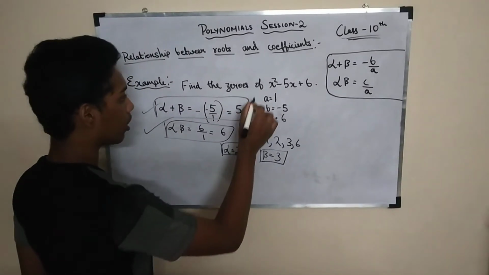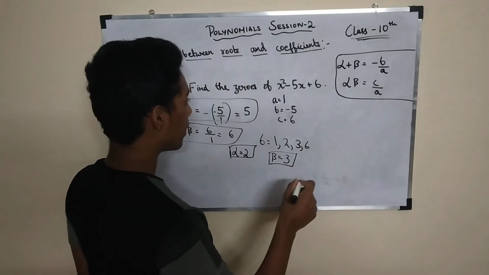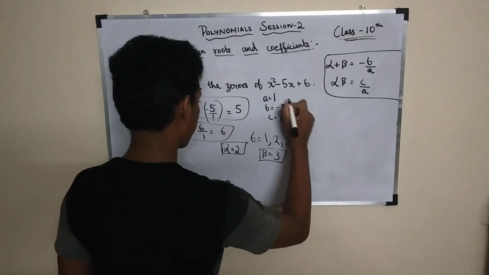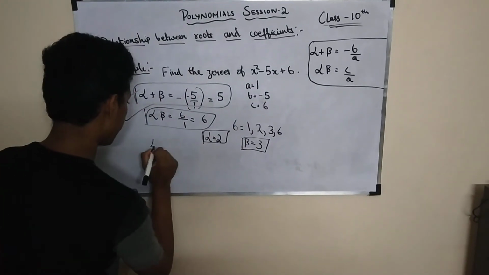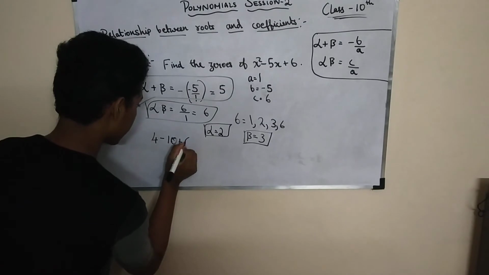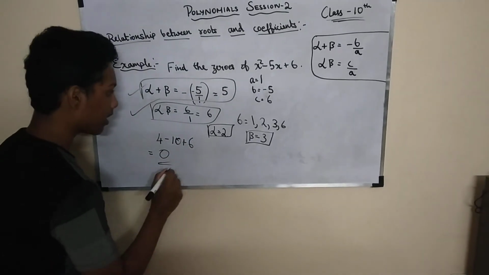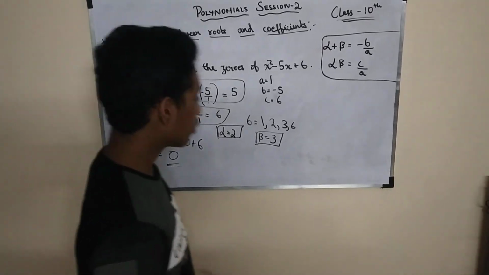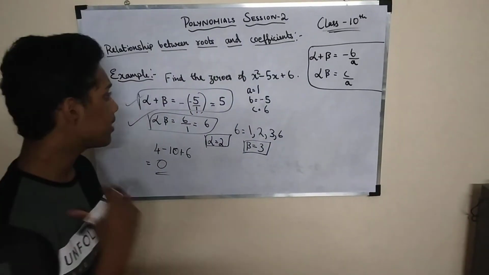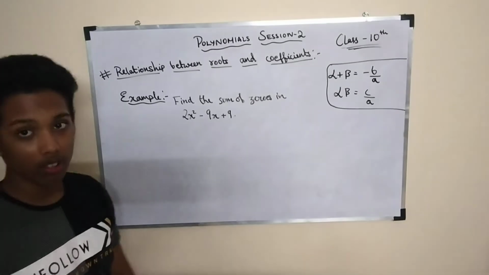So if you just cross-check it, 2 square minus 5 into 2, 10 plus 6. So if you take x as 2, the same root, right? So 4 minus 5 into 2, 10 plus 6, which is equal to 10 minus 10, 0. It satisfies, okay. Similarly for 3 also it satisfies. So let's just see the second example, okay. Okay, so let's move to the second question.